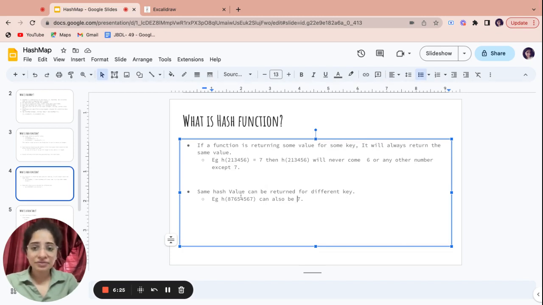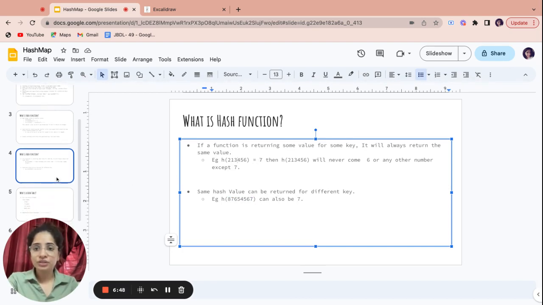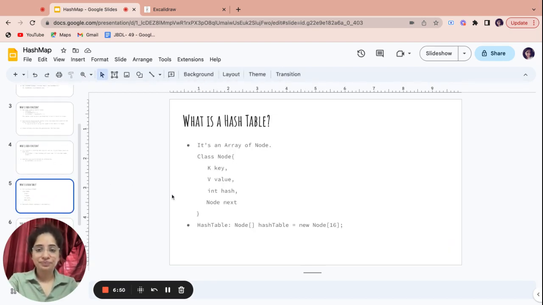The idea is that whenever I'm writing a hash function, the collisions should be fewer, so I should write the hash function in that manner. But this can be possible: a hash function can return the same result from a different key. So this is all about the hash function.